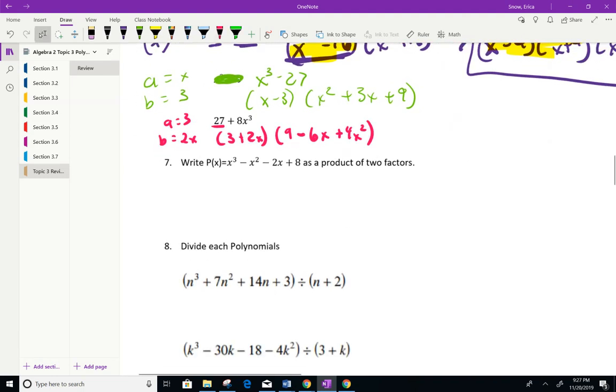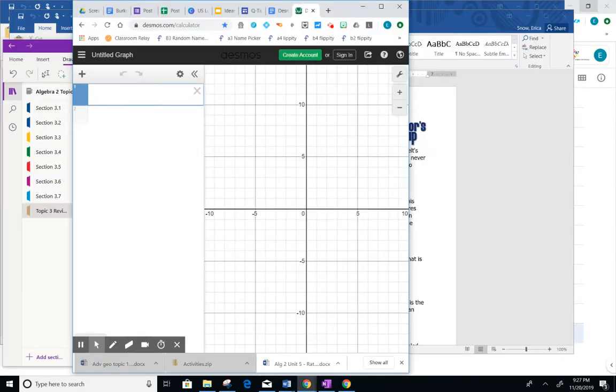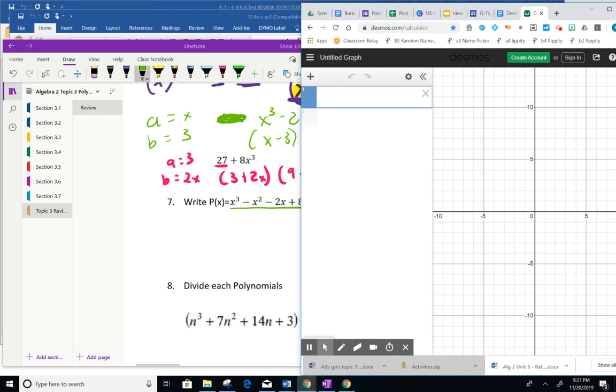Okay, for number 7, it asks us to write this as the product of two factors. In order to do that, we need to find our linear factor first. And we do that by finding the 0. So that means we're going to Desmos it up here. And we've got x cubed